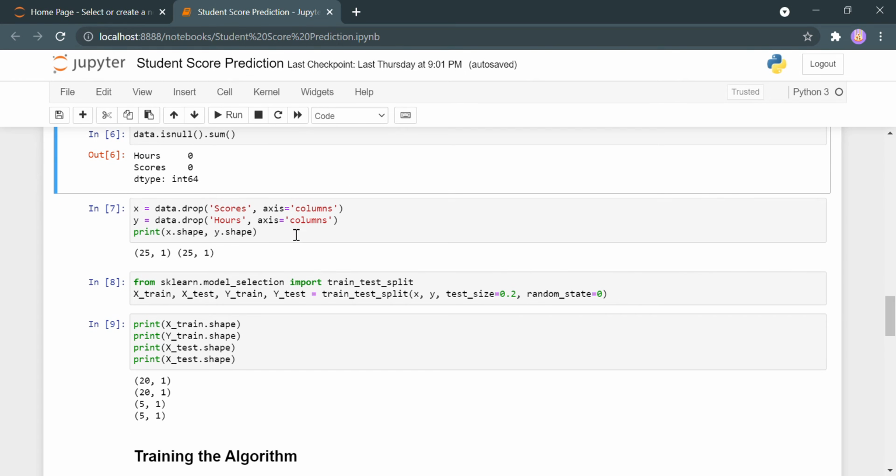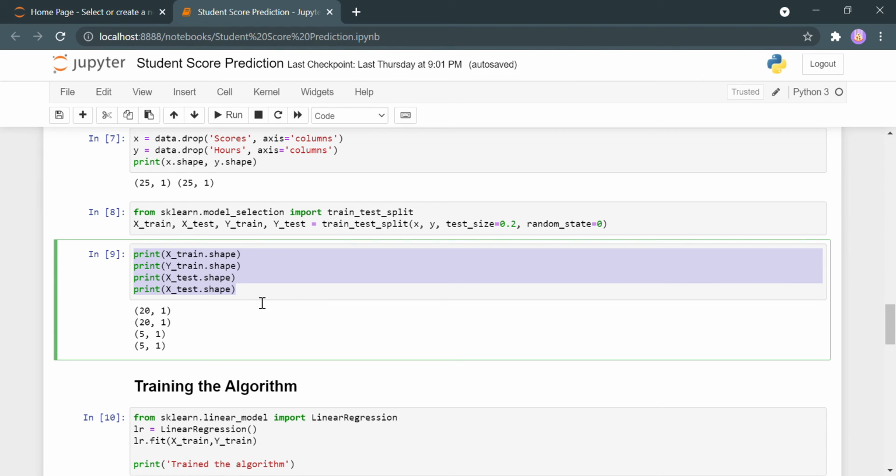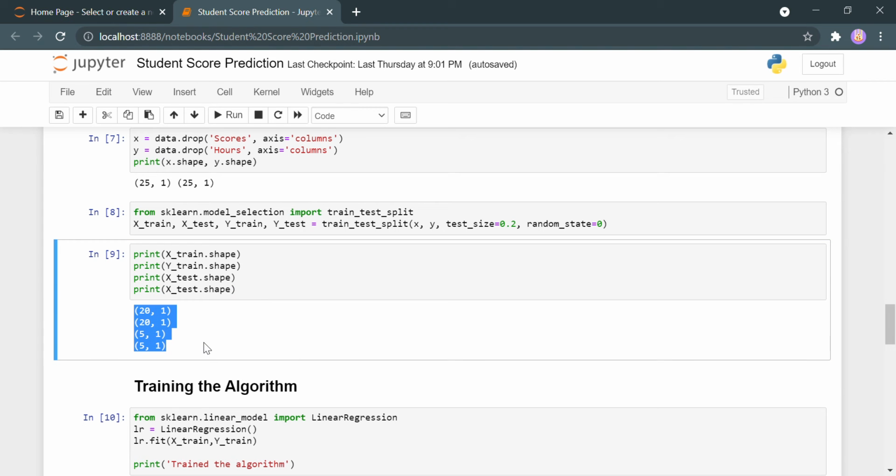Now further we will shape our data, and then we will split the data into training and testing data using the train_test_split from the sklearn.model_selection. And this will be a split of 20-80. So there will be 20% of test data and 80% of training data. And for confirmation, we will check its shape to see if it has properly split the data. As we can see, there is a perfect split of 20-80.